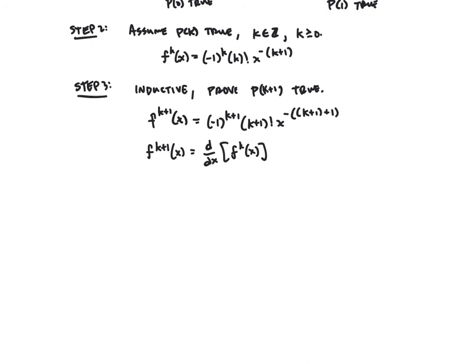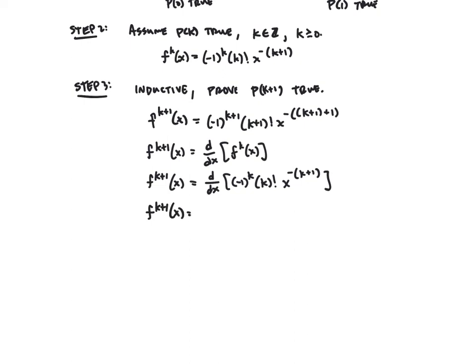I know it's kind of odd and a little bit crazy, but what I'm going to do is just take some derivatives, and anything that isn't an x is treated as a constant. So I'm taking the derivative of the statement from above. Now I'm using step 2, and I'm inserting it right here. So anything where you see a k is going to be a constant. X is the only variable in that expression. So negative 1 to the kth is a constant. K factorial, a constant. I have x to some power. So all I'm using is the power rule. So the k plus 1th derivative